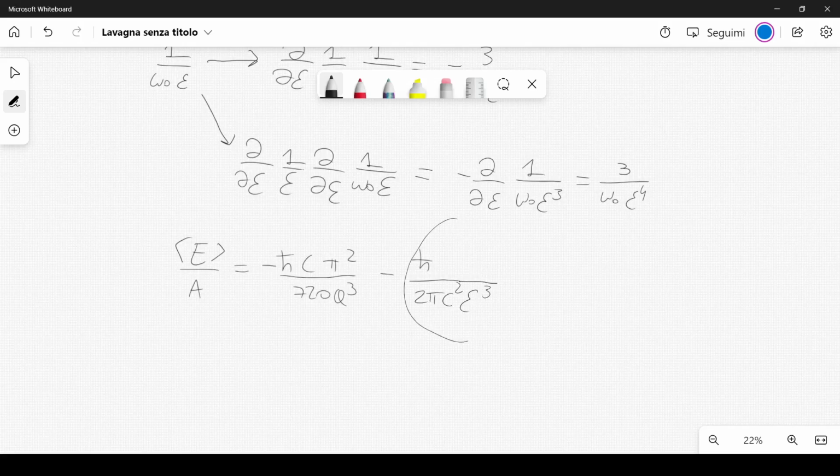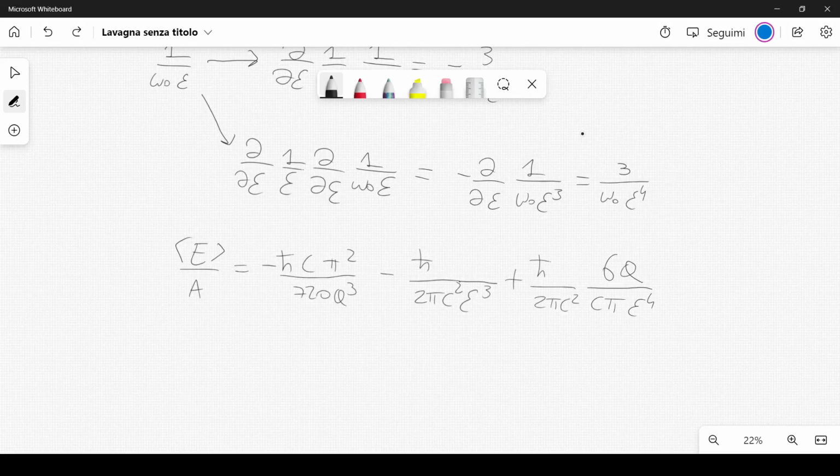And this term here is quite good, because when you take the derivative of this term with respect to a, this is going to give zero contribution, even if it diverges. Then we have another term coming from this result and also that one. So if you put them together, you have plus h bar divided by 2 pi c squared, and then you get 6 divided by c pi epsilon to the fourth, and then we multiply by a. So this comes from